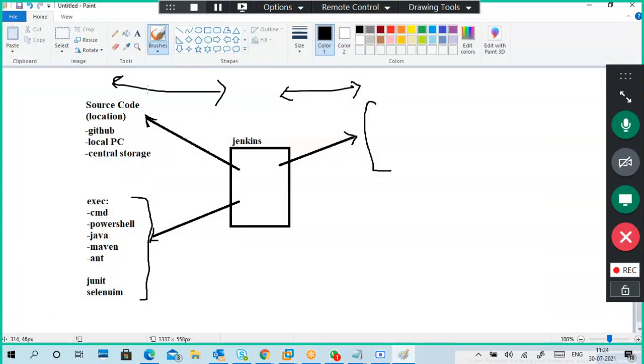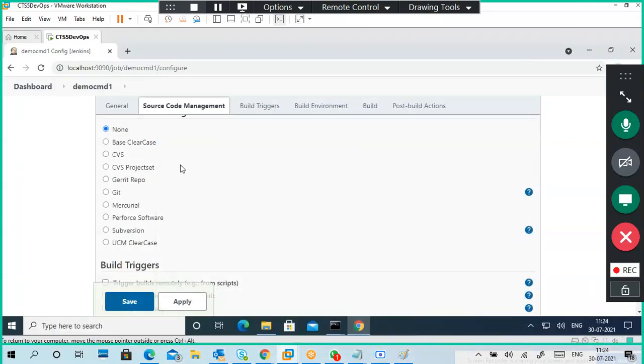Where is your source code? The options are none, ClearCase, CVS, Gerrit, Git, Mercurial, Perforce, Subversion, UCM. These options are showing now.